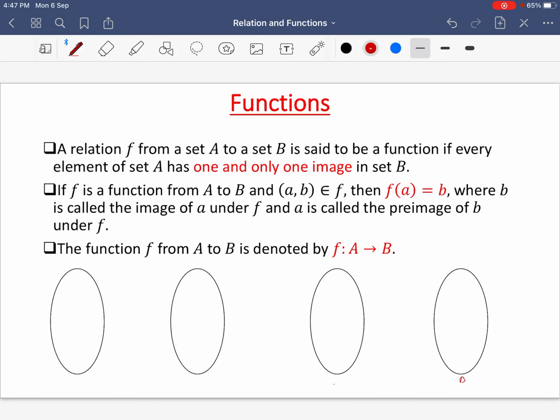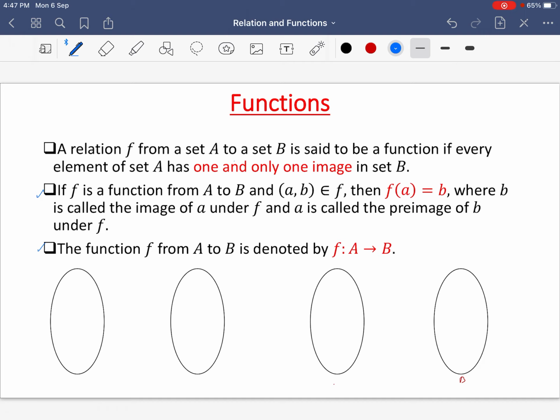So first thing, we have functions. Now what are basically functions? I just want to go through this because I think these two points we skipped during class, so I just want to go to functions again. So function was what? A relation f from a set A to set B is said to be a function